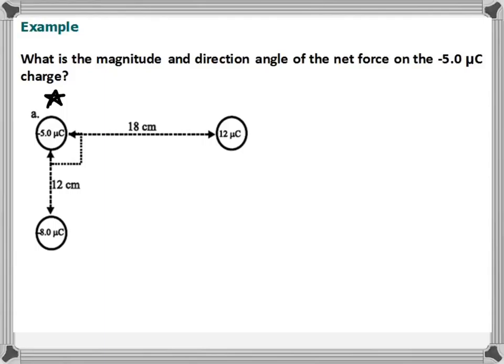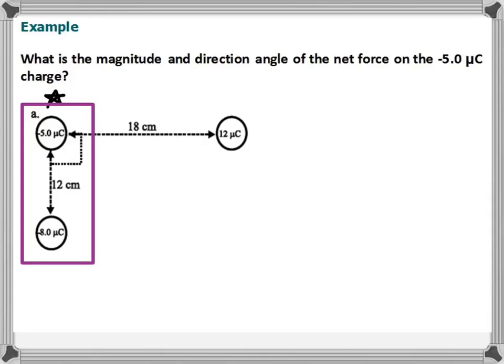And then I am going to take one charge at a time and calculate the force from that charge using Coulomb's law. So I'm going to take these two charges first and only look at those two charges and calculate what the force is